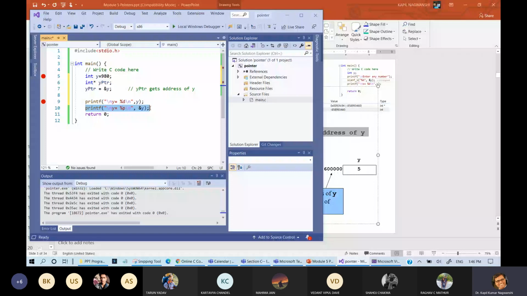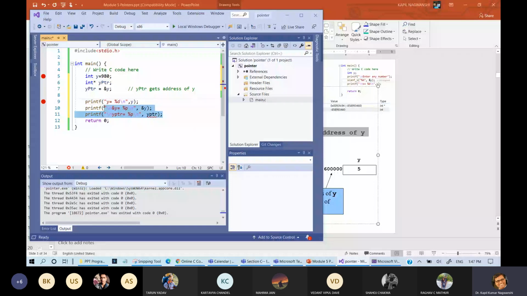So let me write another thing, that is YPTR. Now I am also using YPTR. This is the address of Y, and this is, okay, don't use /n here. This is Y only.